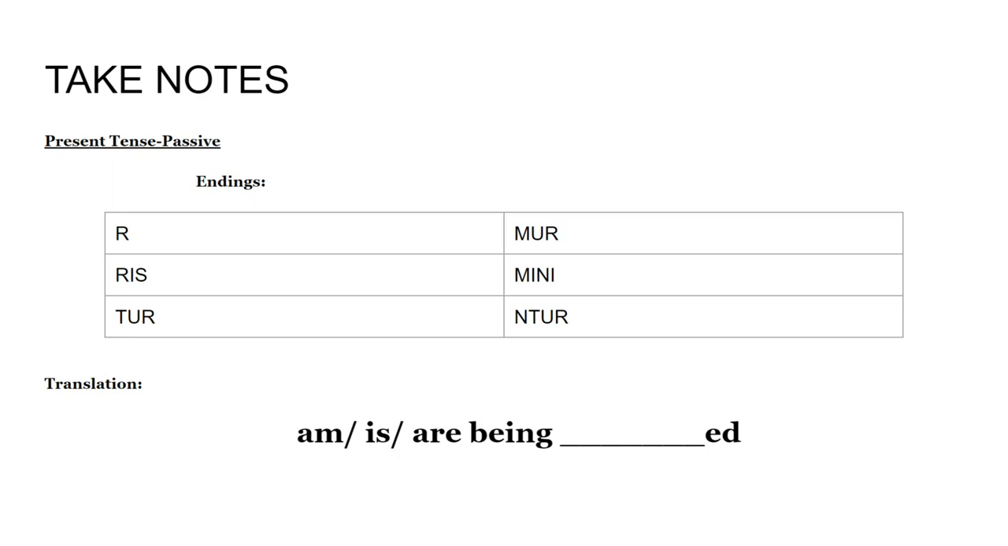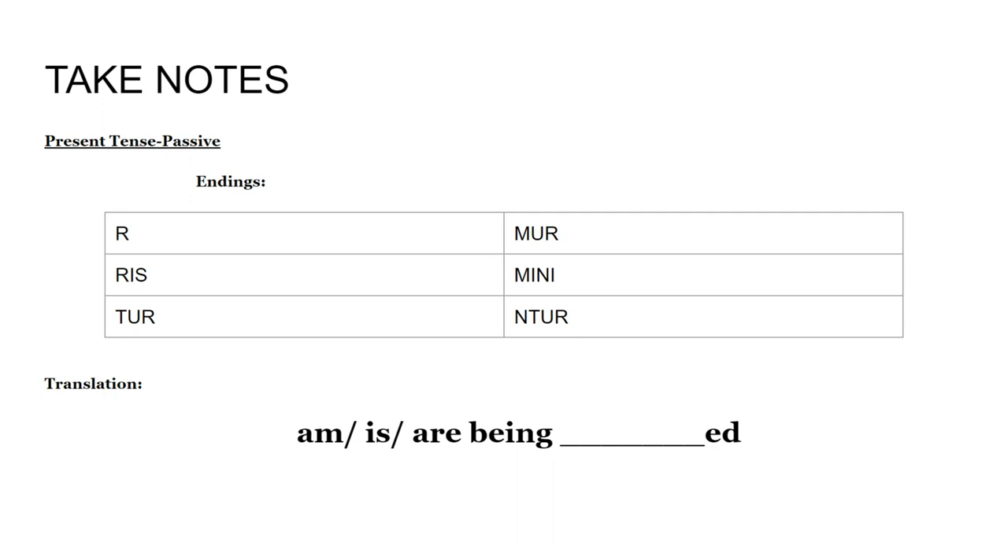I, you, he, she, it, we, y'all, they. Exactly in the same order. First person, second person, third person, singular and plural, written the same way. All right. The present tense passive translation, there at the bottom, you take your subject and you need to change